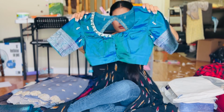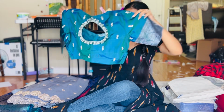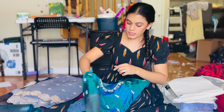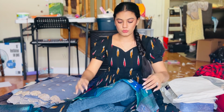This is the blouse, this is the front, and this is the back, and it looks so beautiful in person. I don't know whether the camera picks it up or not, but it looks so nice. It matches the silvery tone in it. And I have a story for this blouse, because the very first time I gave this blouse to Nishka Studios